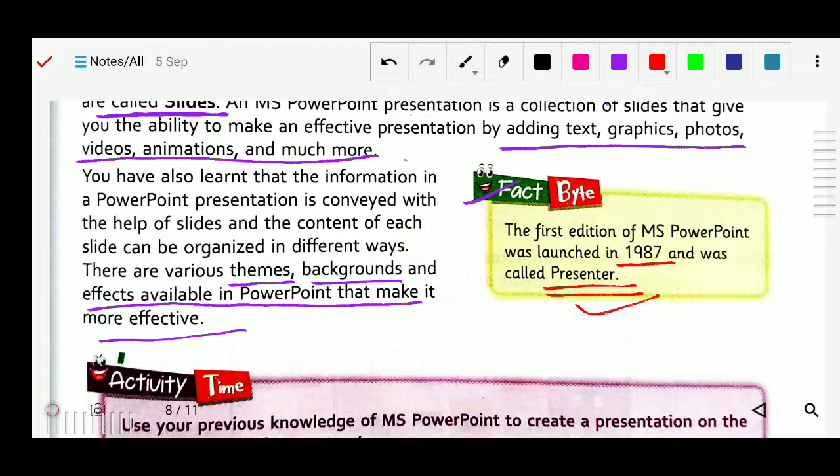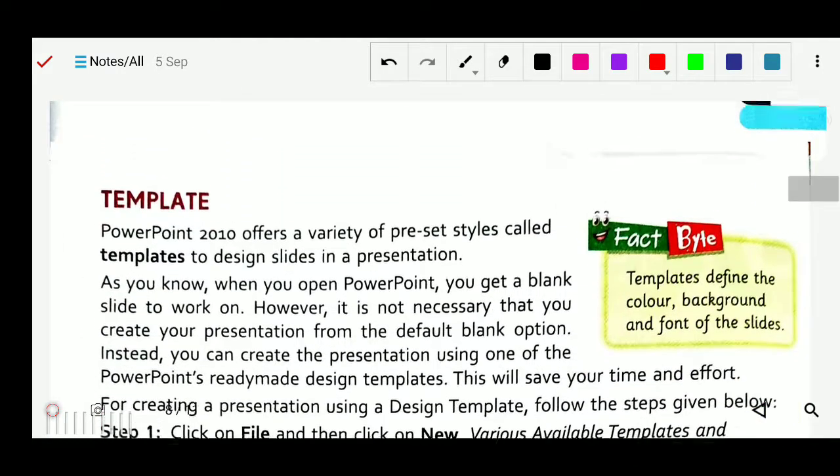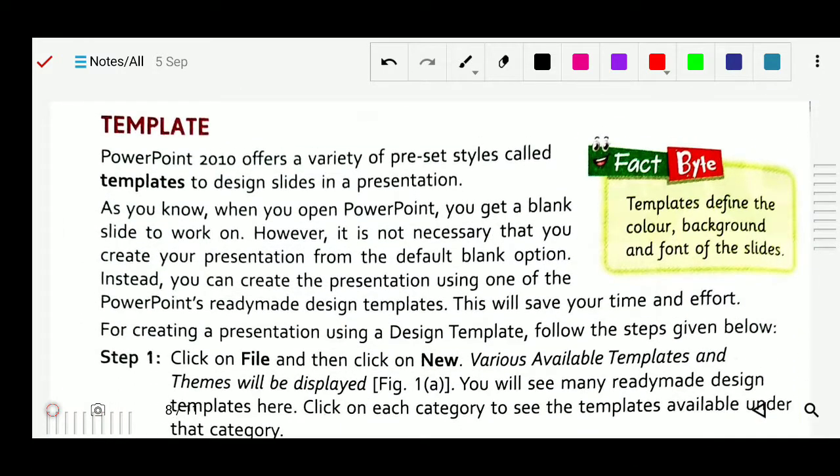Now next, template. So what is a template? PowerPoint 2010 offers a variety of preset styles called templates to design slides in a presentation. When we are designing our presentation we need slides, because a presentation is a collection of slides.